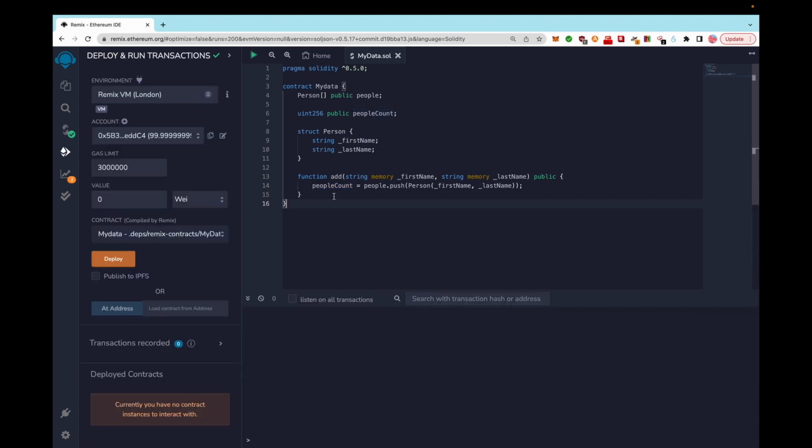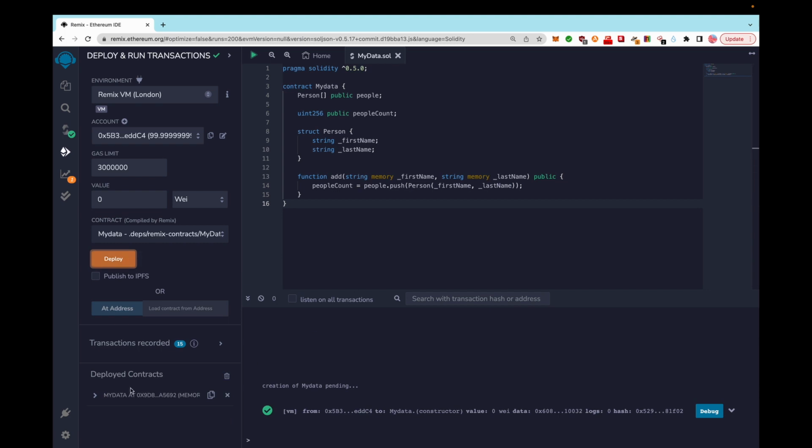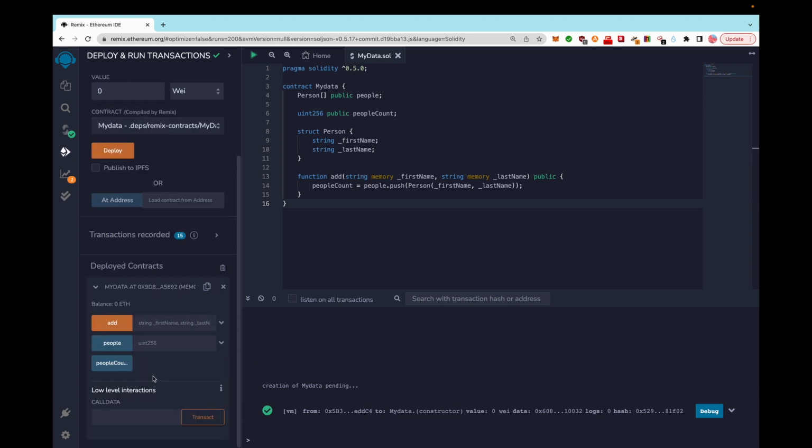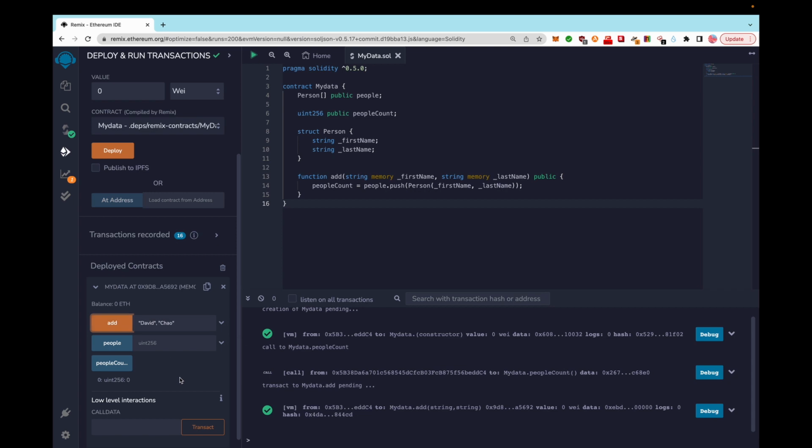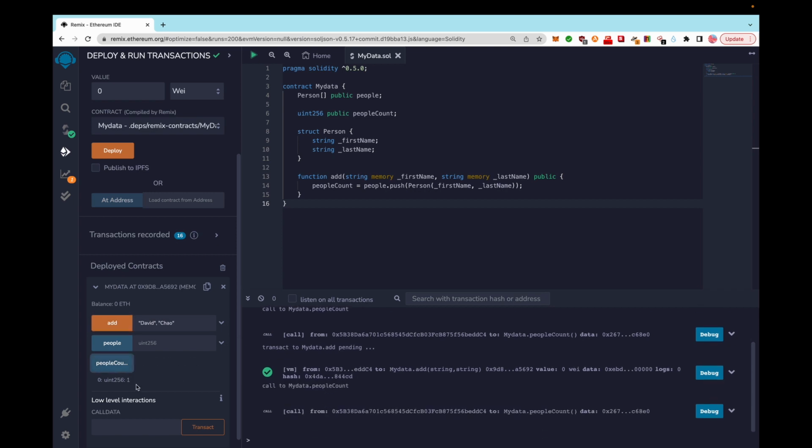So let's deploy this code and first check out our people array. We will deploy this code, open up the contract, click on people count. We should have an indication of 0 because currently there are 0 people in our people array. So what we do first is we will add a person, for example, David Chow. So click add. Now, if you click on people count, you have a total of 1 person in your